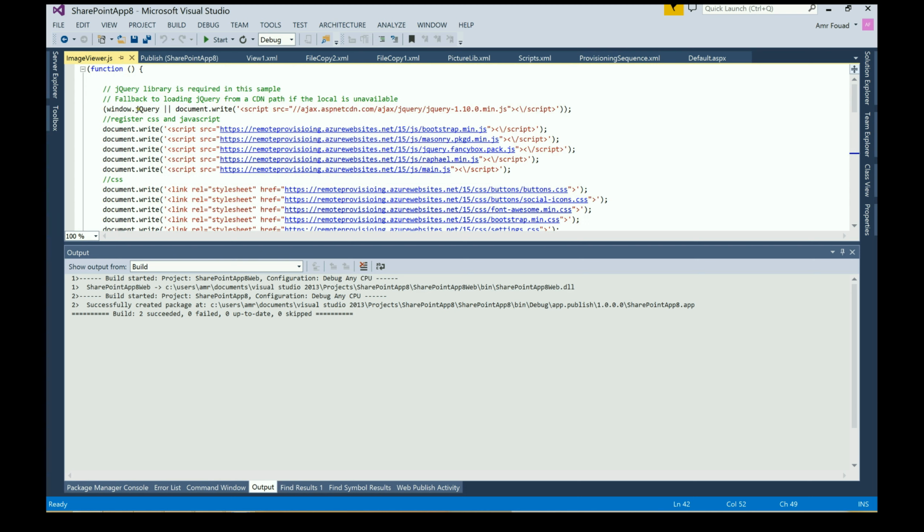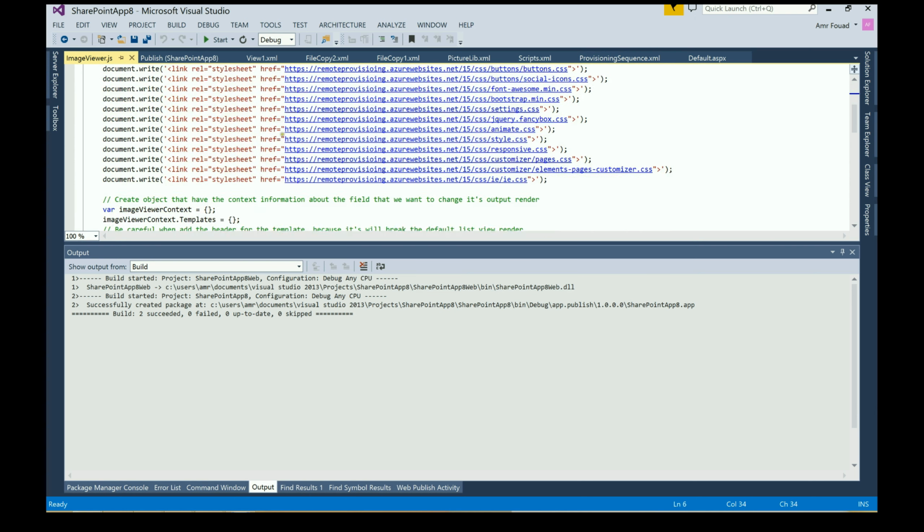That's it. One thing: when you deploy that, just remember to change this to the URL that you actually published. Okay,